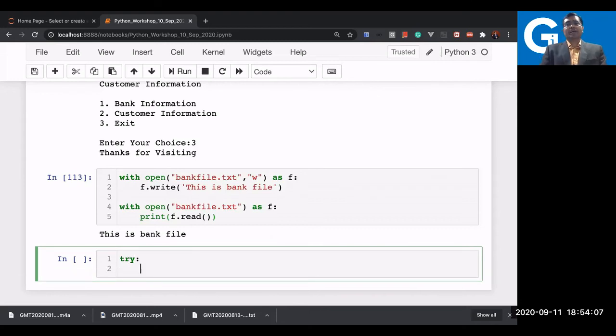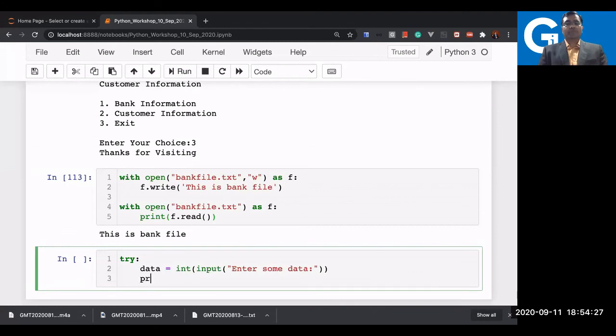You just need to write whatever you're expecting, like int. Let's say you have some data and you are trying int of input, enter some data, and here you're trying to print data. There are chances that you may give some data other than an integer, like string data.